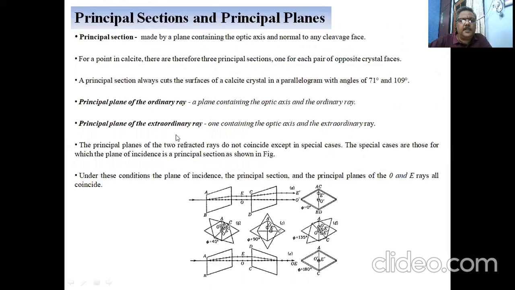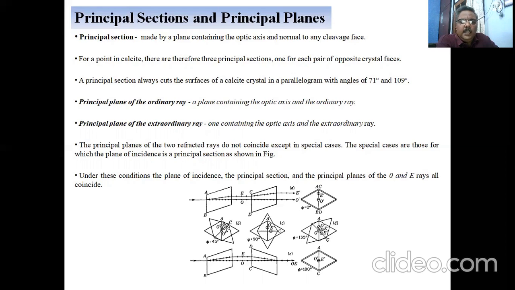Principal sections and principal planes. So the principal section is the plane made by the plane containing the optic axis and normal to any cleavage face. For a point in crystal calcite, there are three principal sections out of each pair of the opposite crystal faces. A principal section always cuts the faces of the calcite crystal in a parallelogram with the angles at 71 and